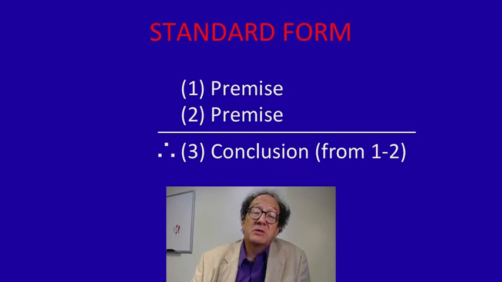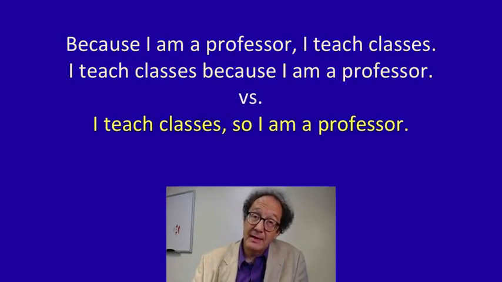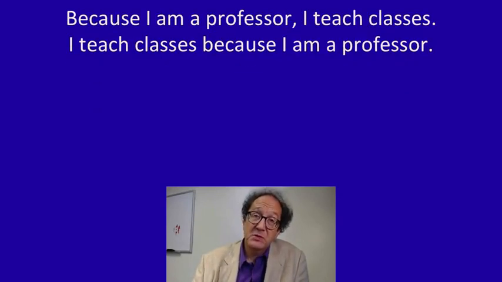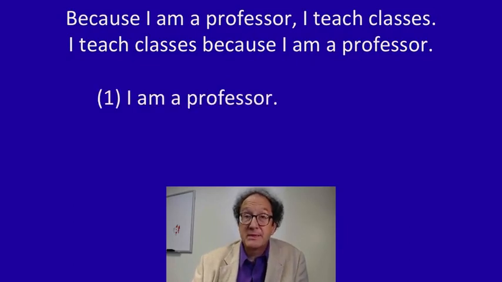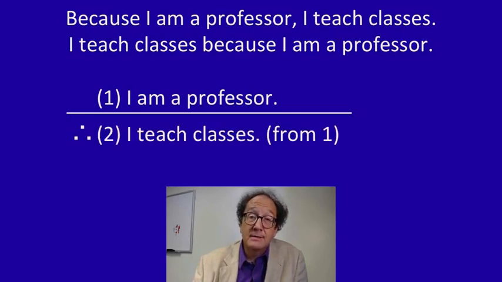And this standard form accomplishes what we wanted it to. Namely, it helps us show what's common to the first two examples at the beginning of this lecture that distinguishes them from the third example. So the first two examples were, I teach classes because I'm a professor, and because I'm a professor, I teach classes. There, the sentence that's the premise that goes above the line is, I'm a professor. And the conclusion that goes below the line and next to the dot pyramid is, I teach classes.